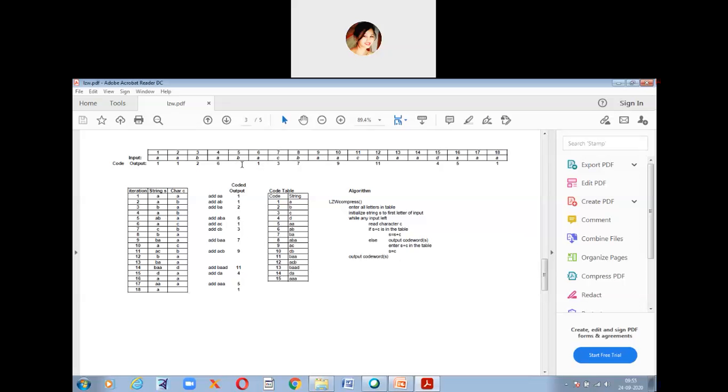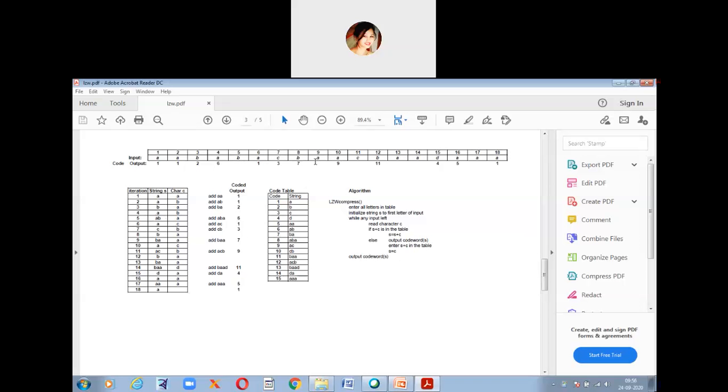Then we have string s. Whatever strings are given here, you have to place it accordingly. So first is A, so place A here. Again we have A, place A here. We have B, place it here again. Then we have A, and A. So why are we not placing B? Because the B value is not given. So we add this up, A, B, and we get this.